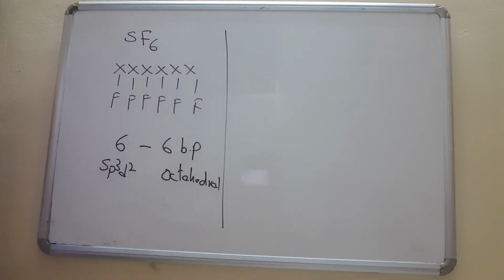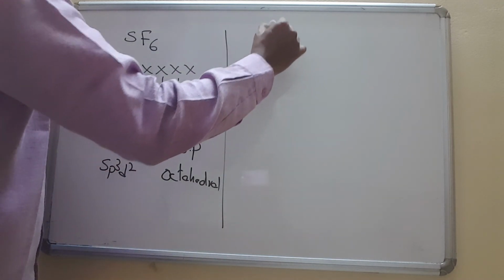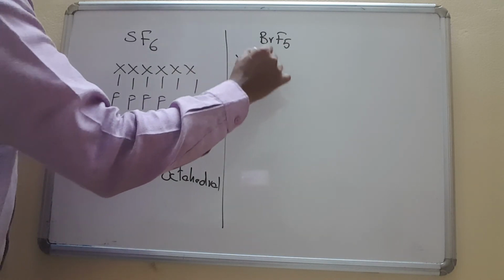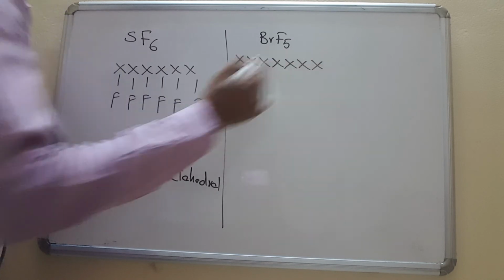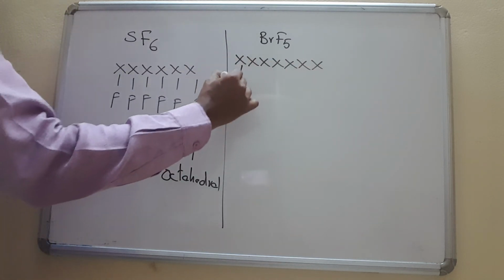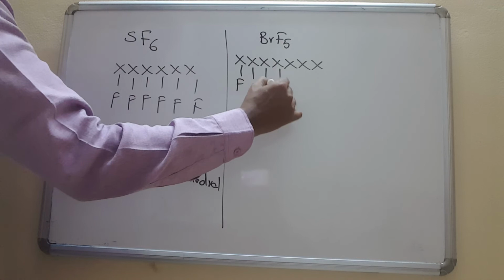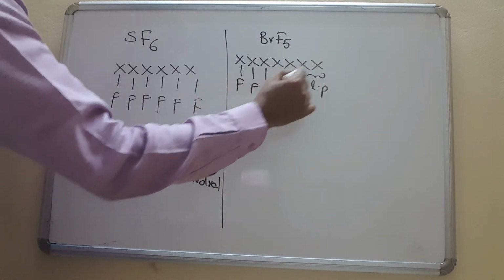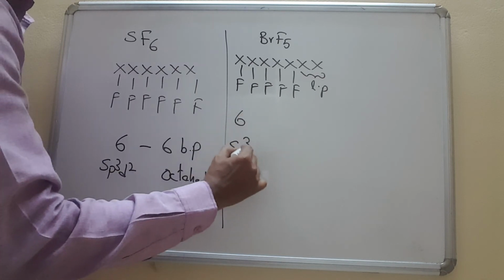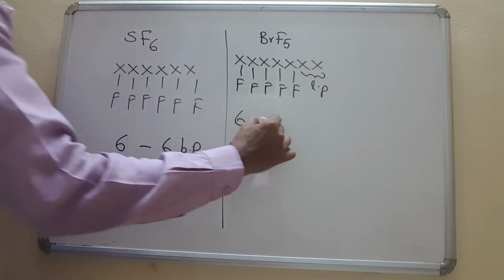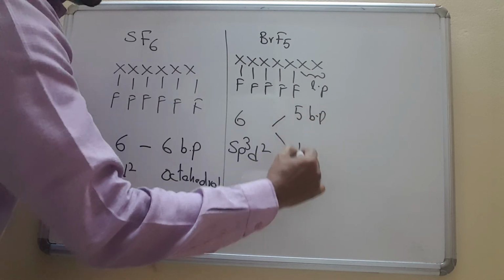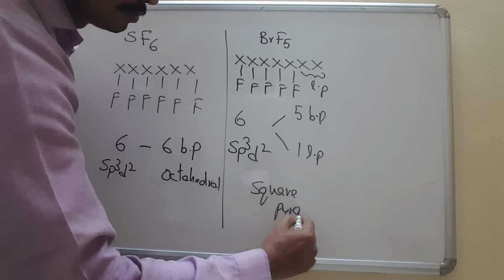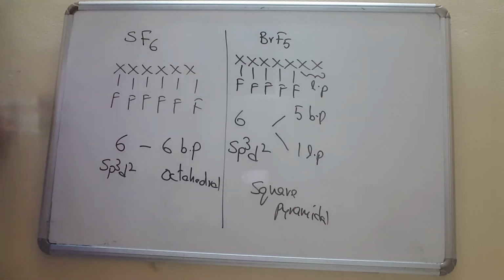Okay, next another example is for example BrF5. Bromine, the central atom, is having halogen, 7 electrons there. So how many fluorines are there? 1, 2, 3, 4, 5 fluorines. The remaining is lone pair. Total 1, 2, 3, 4, 5, 6 pairs. 6 pairs case hybridization is sp3d2. Then among them 5 bond pairs and 1 lone pair is there. Geometry is square pyramidal. Everything I am writing based on the table.